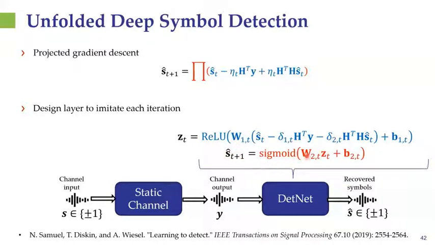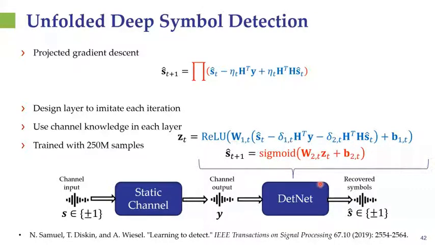And as we can see, there are some sort of skip connections, because the input was also provided to each one of those layers. And we also need to know the channel, which appears here. And by doing that, first, we have utilized knowledge of the channel. We end up with a relatively large network. What they have done in their paper is train it using about 250 million samples, where the largest channel condition they were tackling, if I recall correctly, had 60 different transmitters, which is a very large channel, a very combinatorially difficult task.